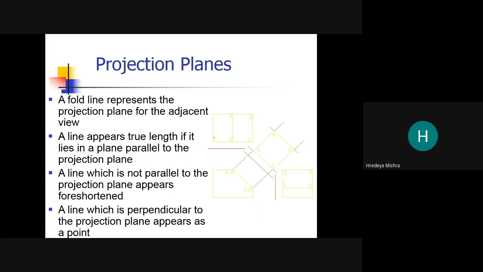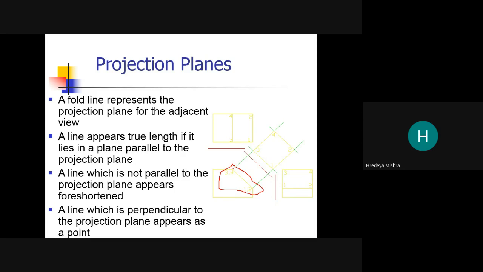So what happened here? See, this edge is not perpendicular to this, and this edge is not perpendicular to this. So this is shown as inclined, and now this is perpendicular.